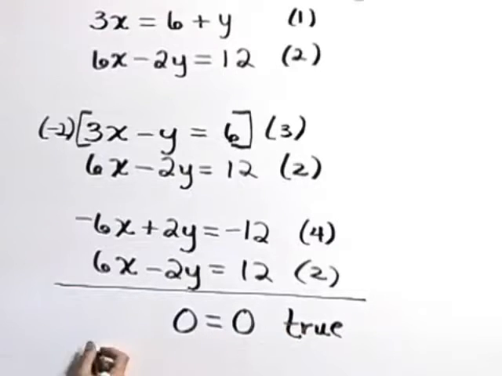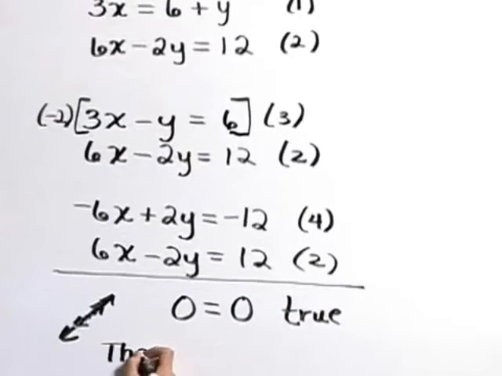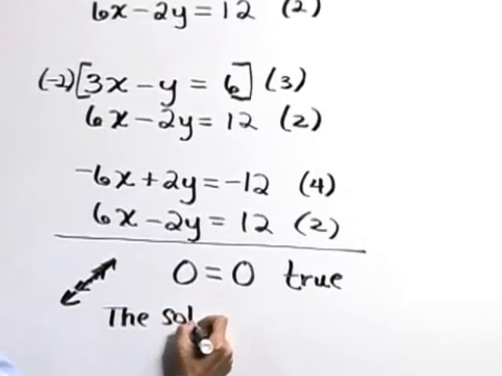This indicates graphically that when we graph one of these lines and then the next one, the second line sits right on top of that first one, and there are infinitely many solutions, or points, that are on those lines that lie on top of each other. So in this case, we would describe the solution set by saying the solution set